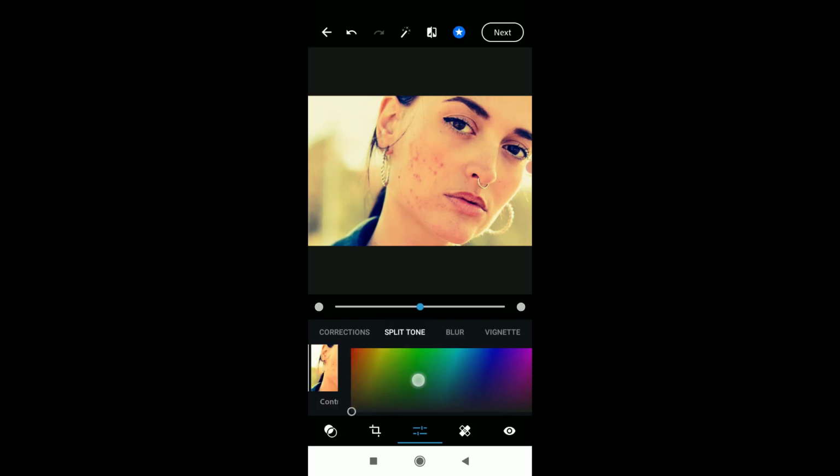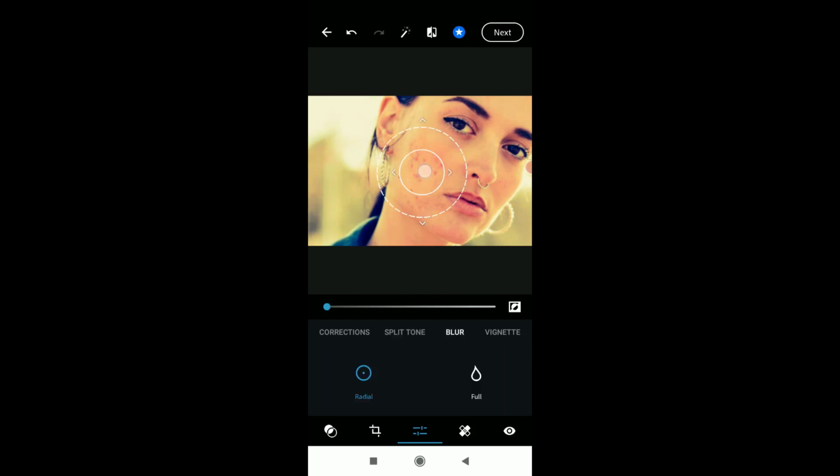over here. You can bring in a split tone. You can add some blur to it, radial blur, full blur. This is what the blur looks like. Blur the image. I see it. This is blurred,